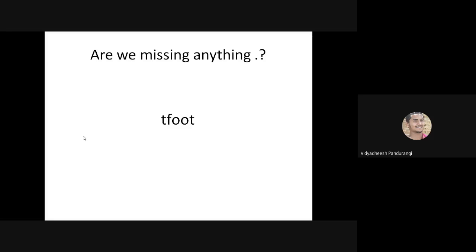In that case you can use this T foot and represent the total amount in the entire row, and then you can highlight it in a bold fashion. So that's the reason why we will use T foot. I hope the concept is clear.